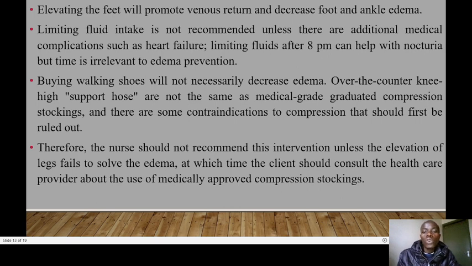And there are some contraindications to compression that should first be ruled out, okay? Because you may have deep venous thrombosis, resulting in pulmonary complications. So that you now have pulmonary emboli, which is an emergency. Therefore, the nurse should not recommend this intervention unless the elevation of the leg fails to resolve the edema. At that time, the client should consult the healthcare provider or the physician about the use of medically approved